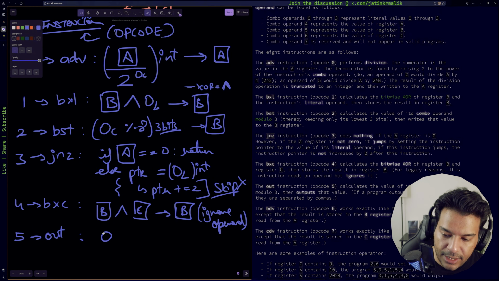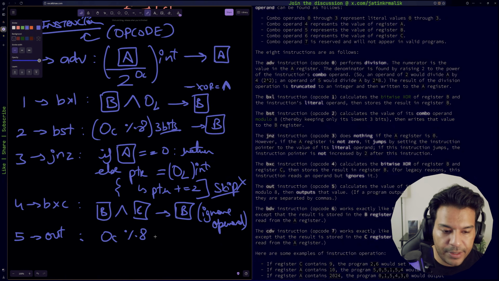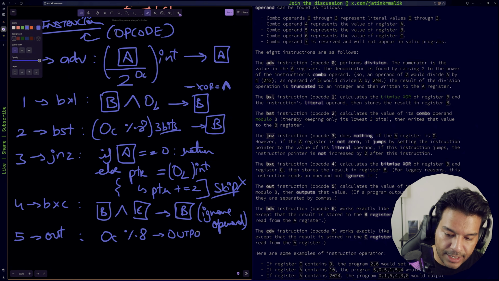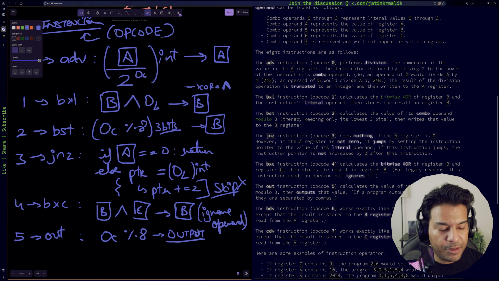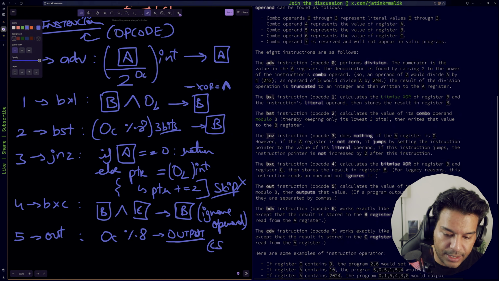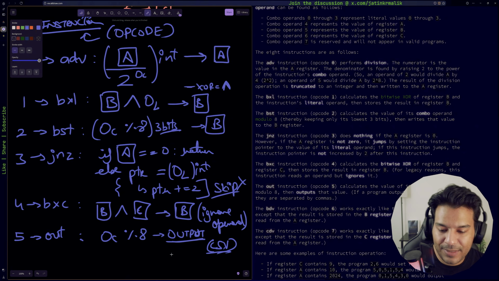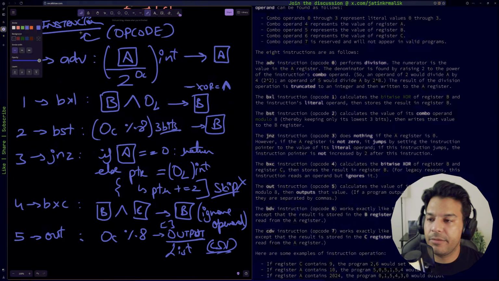So we will take the combo operand, do a mod by 8, and then output the value. I'm just going to put it like that: you will output the value. And if the program outputs multiple values, they are separated by commas. So this would be like a CSV, or programmatically speaking, it's going to be like a list. So I'm assuming that this output is going